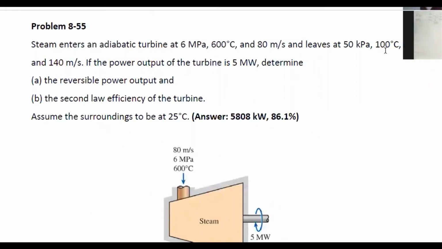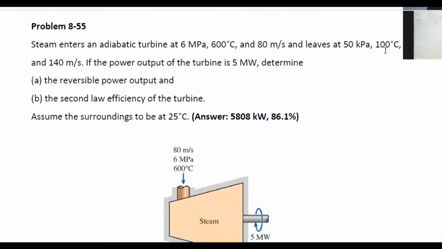Steam enters an adiabatic turbine at 6 megapascals, 600 Celsius, and 80 meters per second. So you already know we're going to have to take kinetic energy into consideration. Then it leaves at 50 kilopascals, 100 Celsius, and 140 meters per second. If the power output of the turbine is 5 megawatts, determine the reversible power output and the second law efficiency